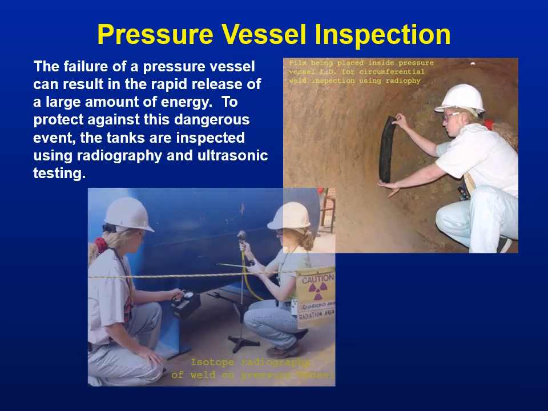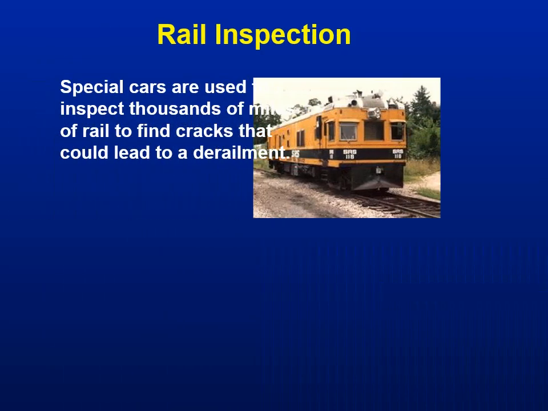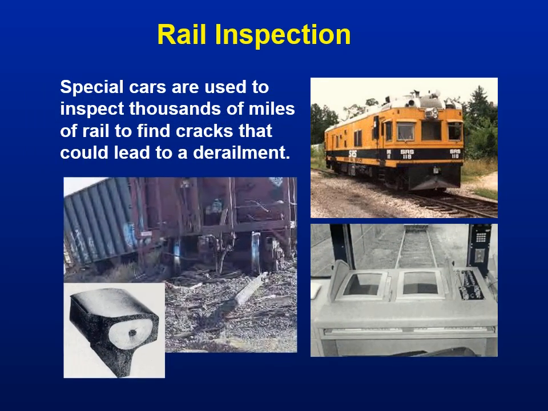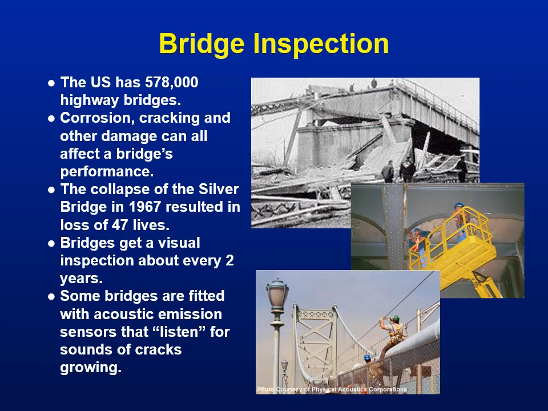Pressure vessel inspection. The failure of a pressure vessel can result in the rapid release of a large amount of energy. To protect against this dangerous event, the tanks are inspected using radiography and ultrasonic testing. Rail inspection. Special cars are used to inspect thousands of miles of rail to find cracks that could lead to a derailment. Bridge inspection. The US has